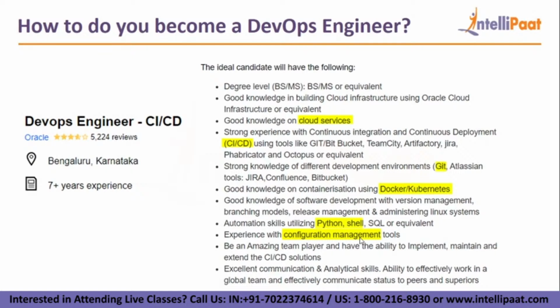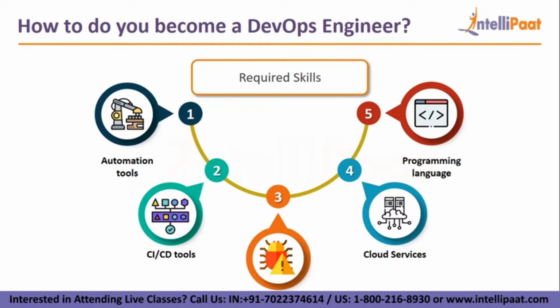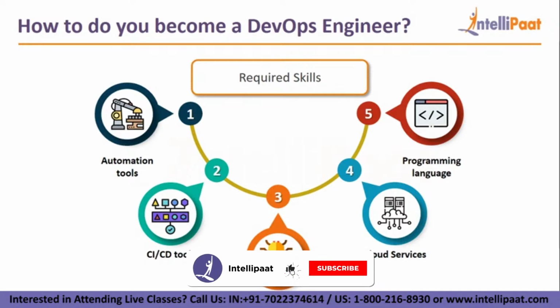So as you can see, most of them have similar skills which they are expecting in all the DevOps engineer jobs, right? So let's list down all the skills expected. You should know the configuration management automation tools that we have listed over here. Then you should know the CI/CD tools, basically the pipeline tools, Jenkins that we heard about. Then you should know a testing tool. For this, the most prevalent framework used is Selenium. Then you should know cloud services like AWS, Azure, GCP, and a programming language like Python. Okay, so these are the skills required by a DevOps engineer, and if you know these, you're eligible to become a DevOps engineer.